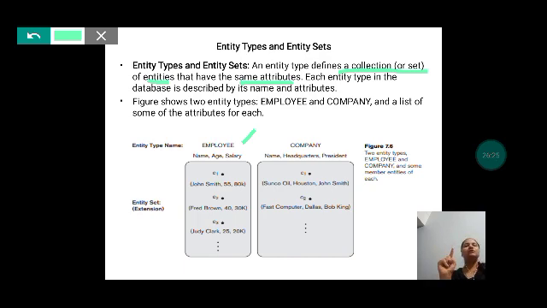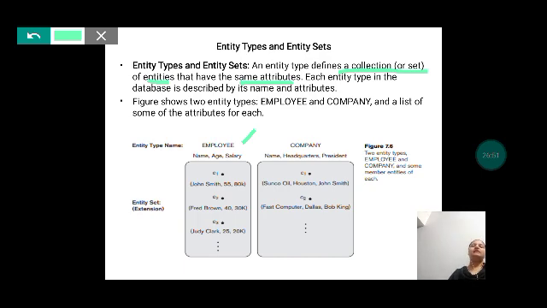Each and every employee will have a name, then age and their salary. Only the data regarding 3 attributes will be stored in this entity type, employee. If you want to store more data, then what we need to do? We need to create an attribute first, and then we can go for the entries in it.